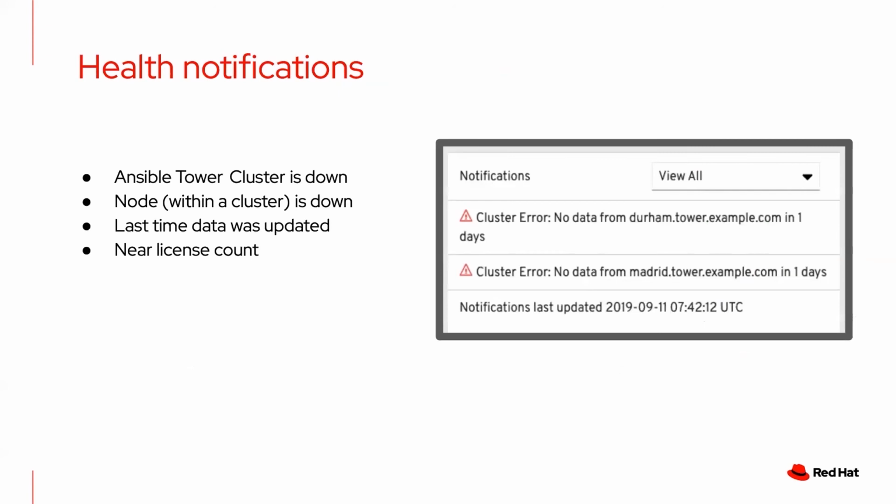Again, you can see your health notifications. If the Tower server itself is broken, you can see the data hasn't been collected from the Tower. You can see that a node within the Tower is down. You can see how your licensing goes. One of the other interesting things about Ansible licensing is that it comes in packs, and we don't do any sort of cutoff. If you gain 2 new hosts and you're licensed for 100 hosts and all of a sudden you have 102, we don't cut you off. That's not how Red Hat works. You contact us and let us know, we work it out, no big deal, but that's all that happens.